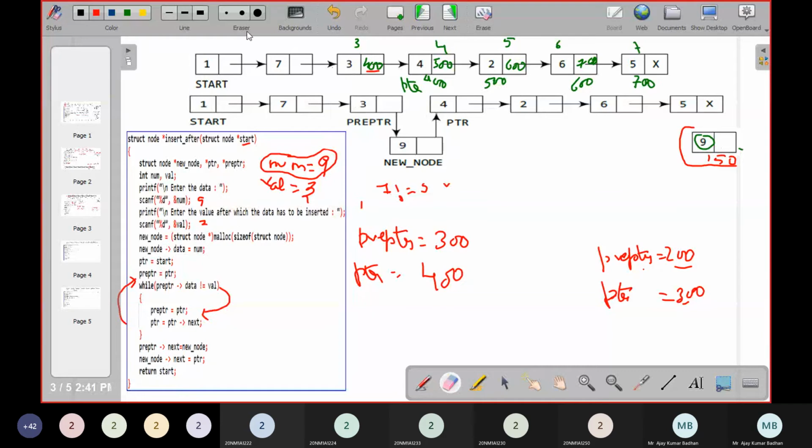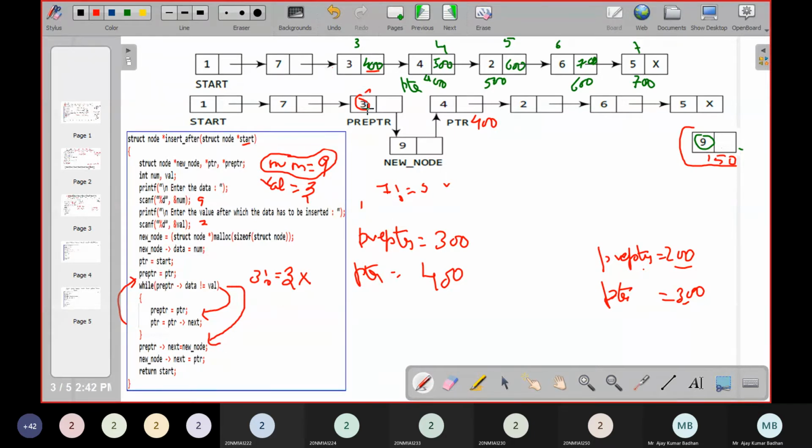The second diagram you people can right now see. So if you see here, pre-pointer has come to the location, third node, and pointer has come to the location 400. This is the location 400, right? Now again, you'll check the condition. Pre-pointer data not equal to value. What is the pre-pointer data we have here? 3. 3 is not equal to, what is the value we are searching for? 3. This time the condition failed. We will skip and we will be coming to this particular next step.